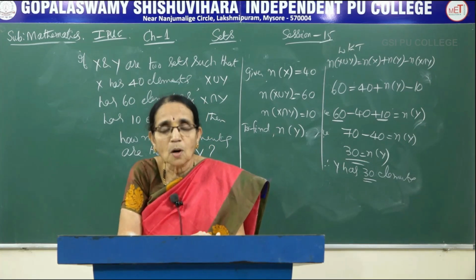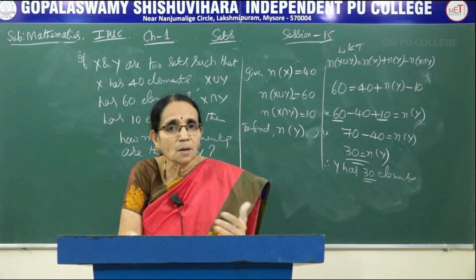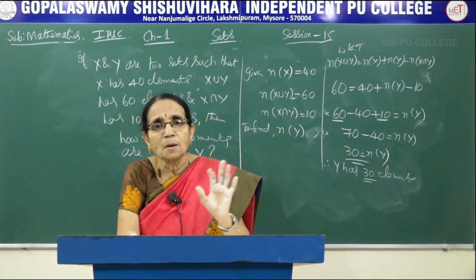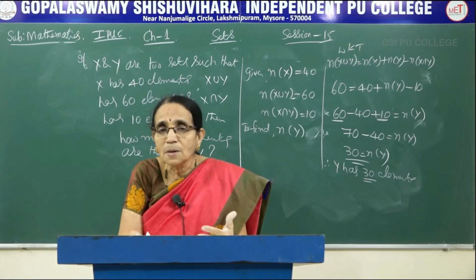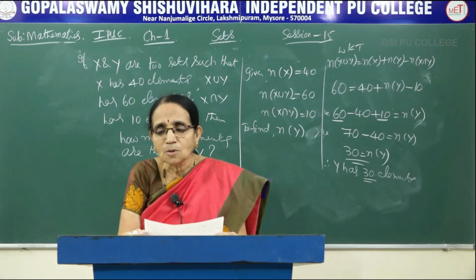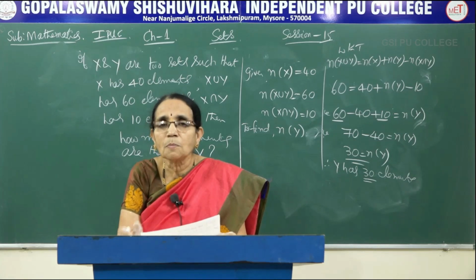So go through all these formulae, whatever I had given in the previous session, and the method I have followed in these problems properly, so that in the coming sessions I am going to work out some problems which are a little bit lengthy. There may be 3 sets here. Sometimes there are 3 sets, and we may have to use the Venn diagram, which would be better to solve the problem in a simpler way.